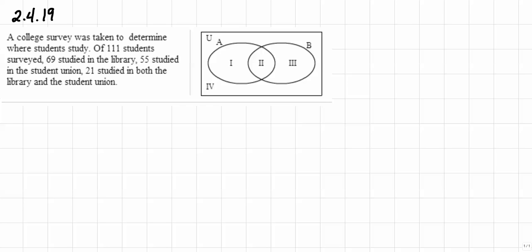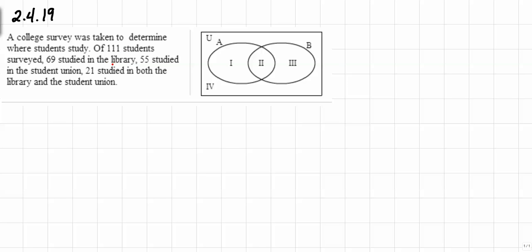A college survey was taken to determine where students study. Of 111 students surveyed, 69 studied in the library, 55 studied in the student union, and 21 studied in both the library and the student union. So for this problem, what we're going to do is understand that we have